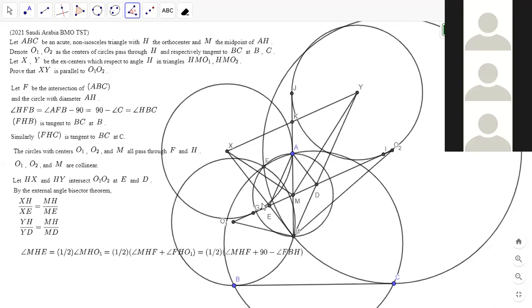This looks familiar though. Let me try something. So we wanted to show that AFED is cyclic. Actually, if we define it like this, then here's what I could do. I could draw the circumcircle. Actually, never mind. It looks like